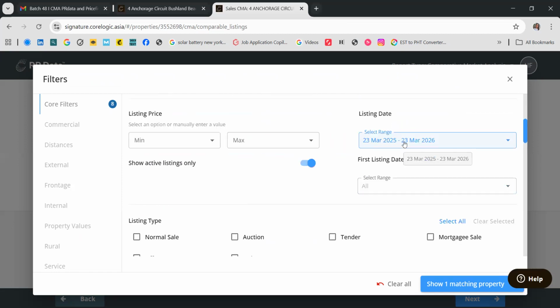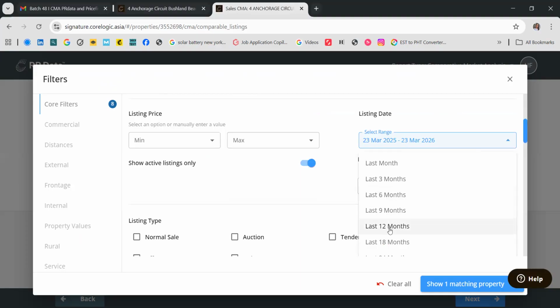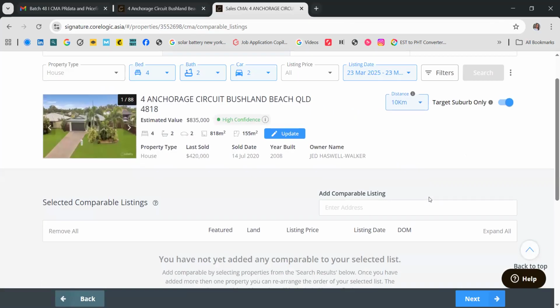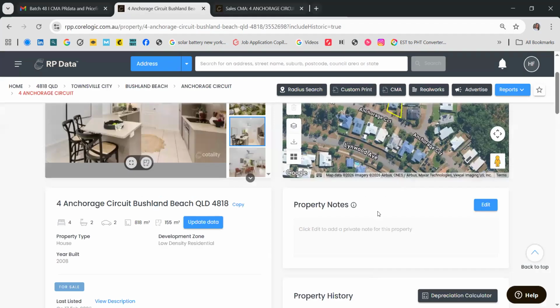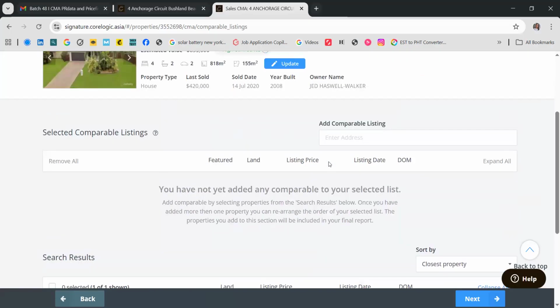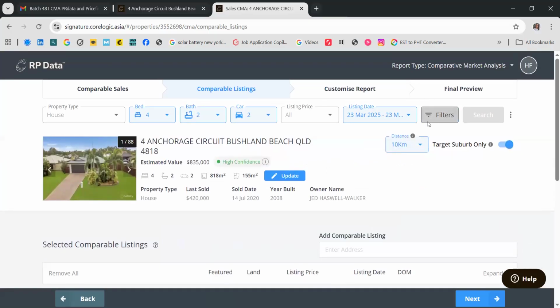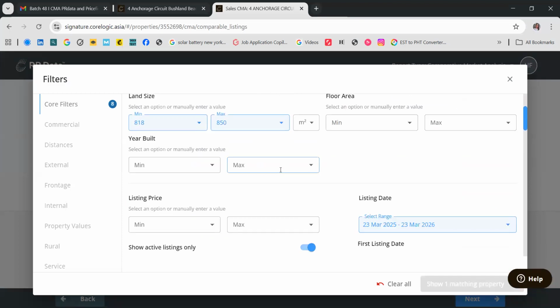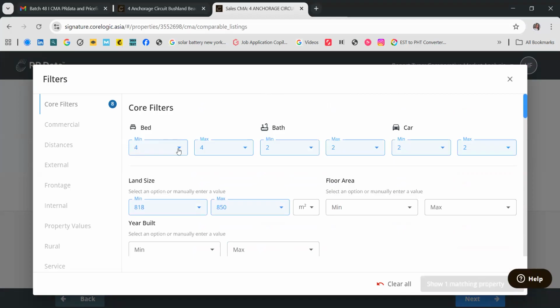All right. So since I was able to try different options for the listing date, and since we can't find another property, let's try to search it by the plus 1, minus 1 guide.